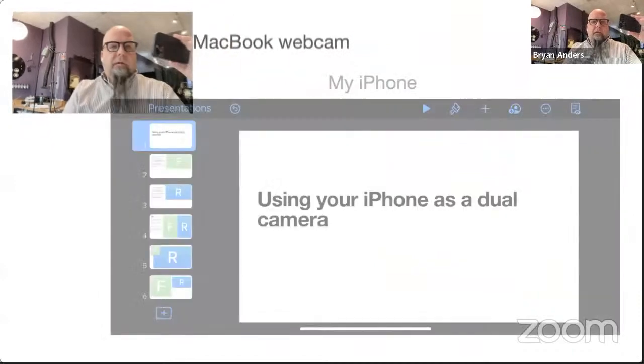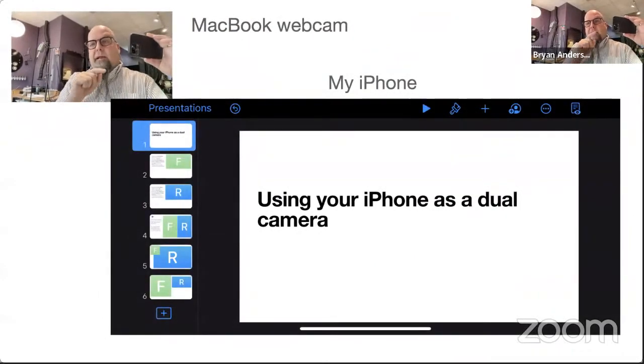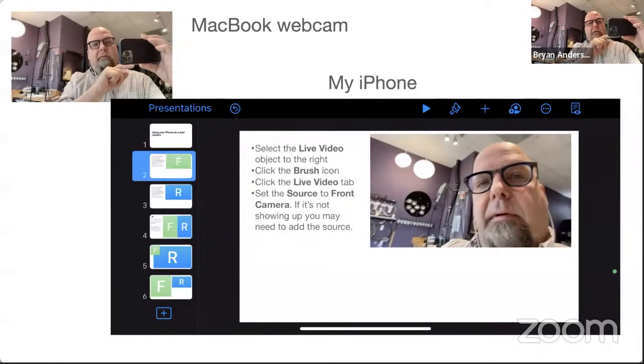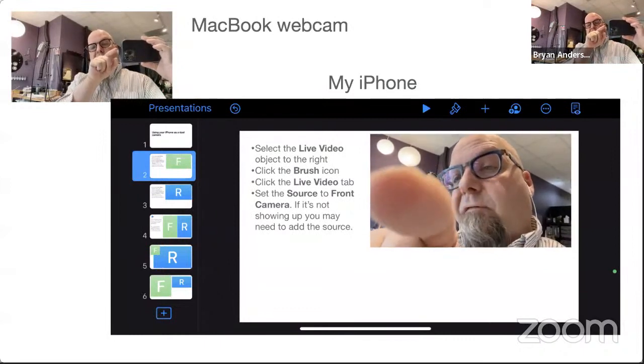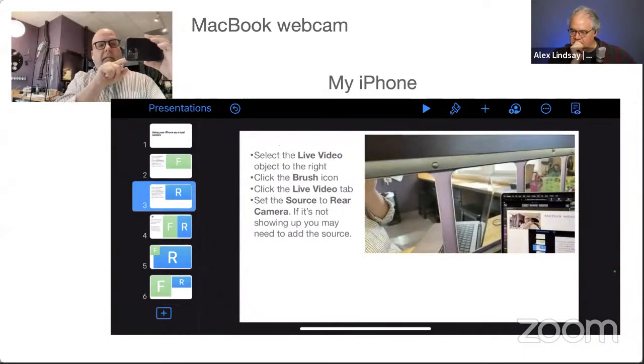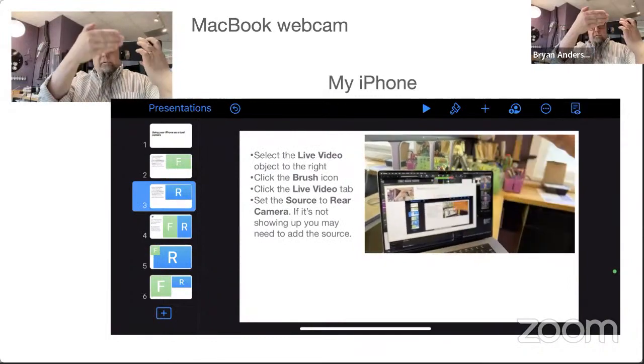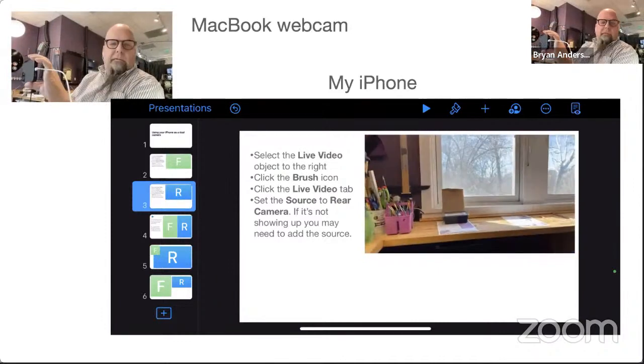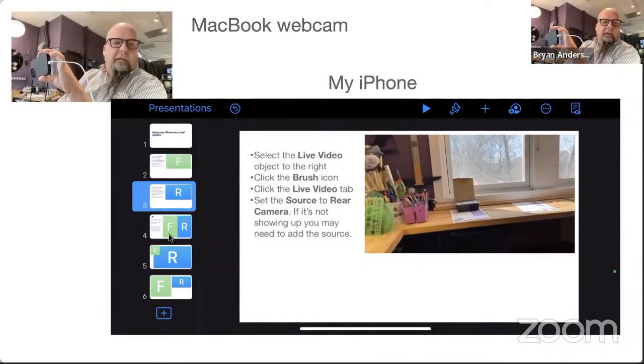So this is my MacBook webcam. I've got my phone connected via Lightning to the MacBook, and if I go to the next slide, you should see there it is. So that is a Keynote presentation on my phone, and I can pop from slide to slide. But what's cool is you can set up, so that's the front camera on the phone. That's the back camera on the phone. And I'm going to try and do something that's reasonably interesting here. And if I go to the next slide,